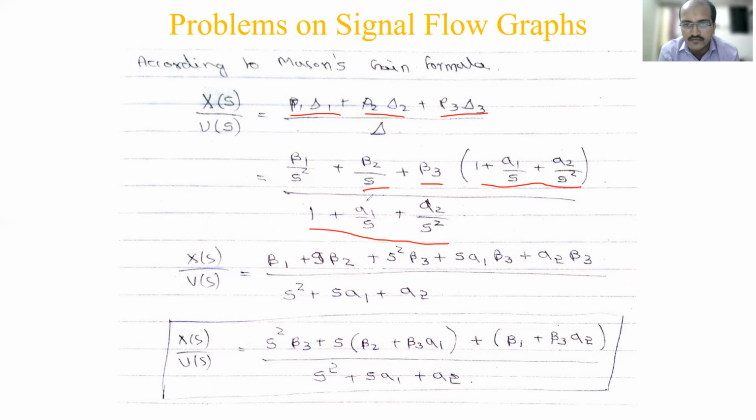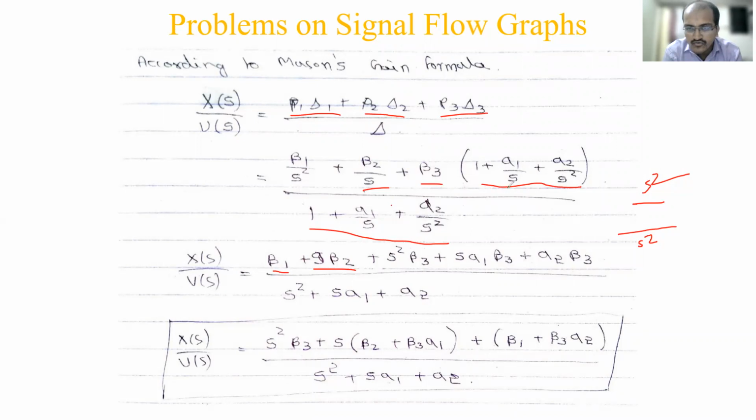Now take the LCM in both numerator and denominator and cancel out the common terms. S square is your denominator in the numerator, and in the denominator also S square is the LCM. Already beta 1 by S square is there, that's why you'll have only beta 1 here. Here beta 2 by S is there, so one S is missing, that's why S will come over here: S into beta 2, plus